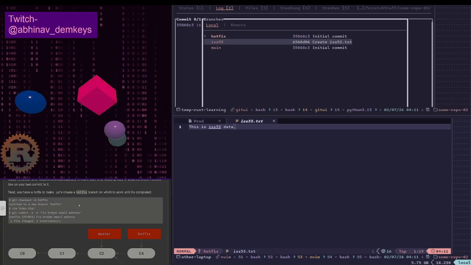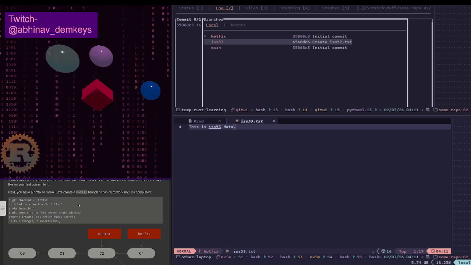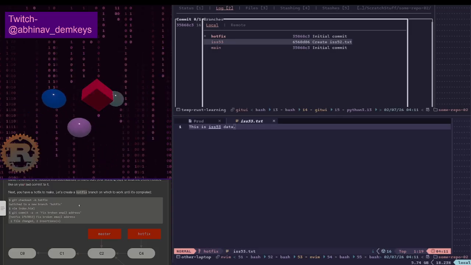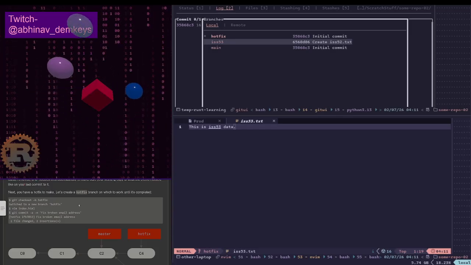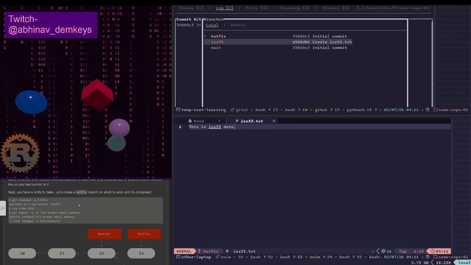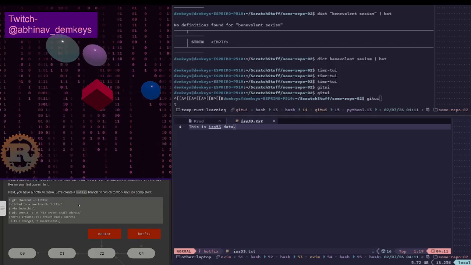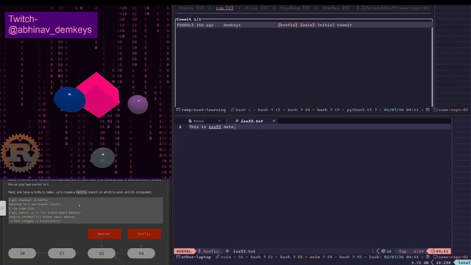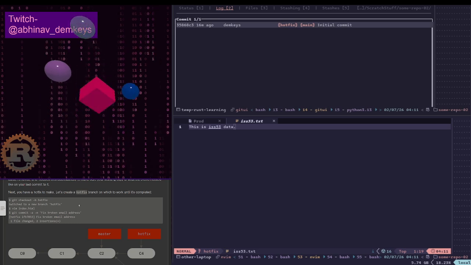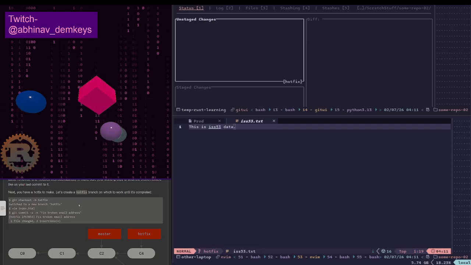Give me a second, or well, give Git UI a second. I might actually need to reopen it. Yep. Okay, I was confused about why I wasn't seeing hotfix there, but now I'm seeing hotfix. Okay, cool.